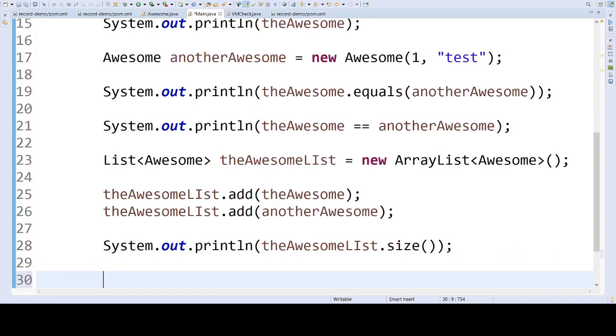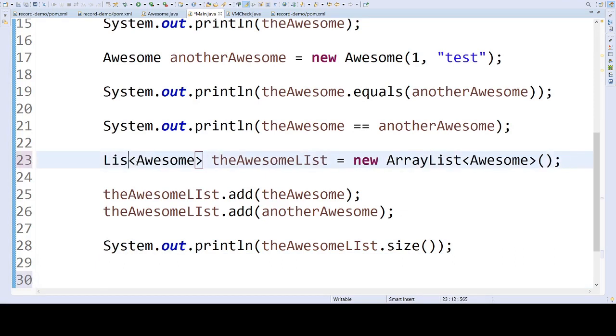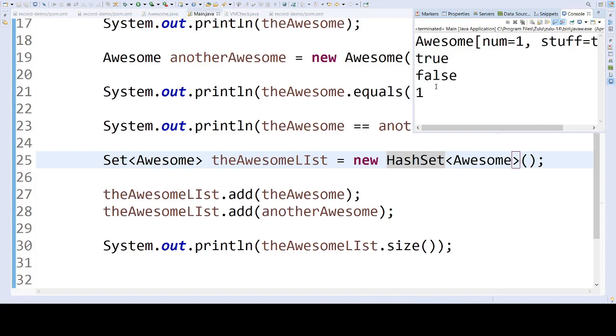But what if instead of a list, I change this to a set? Sets usually go with the implementation of equals. So in that particular case, we should only have one. And we do. So you're starting to see that you gave me equals for free, you gave me toString for free.